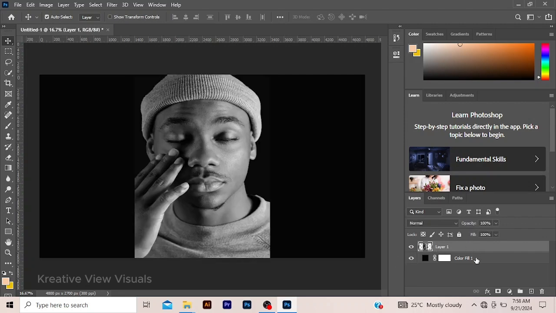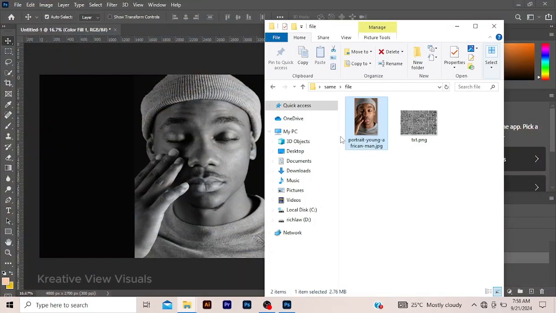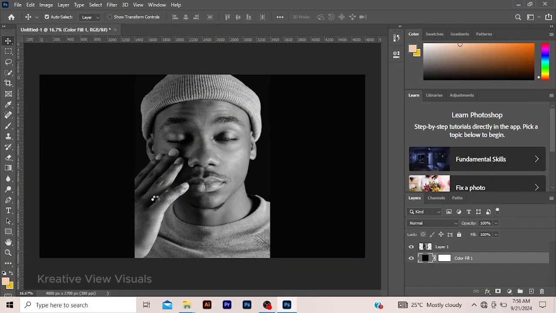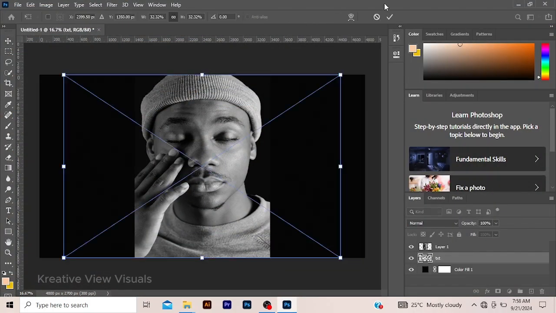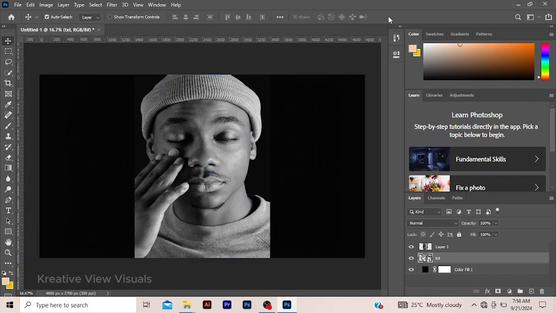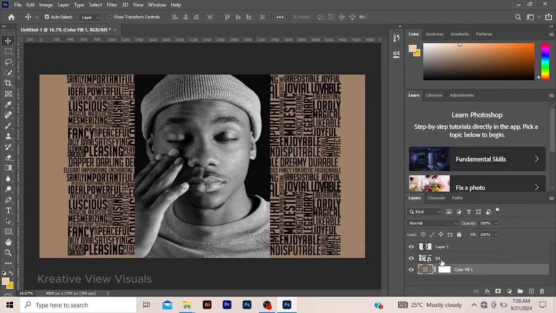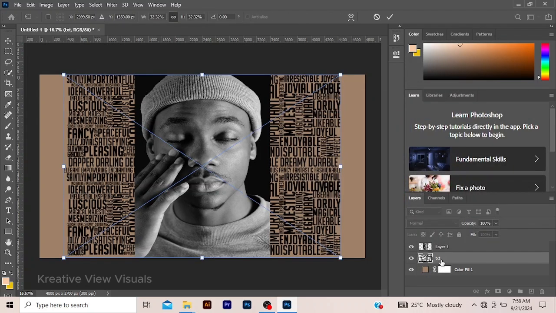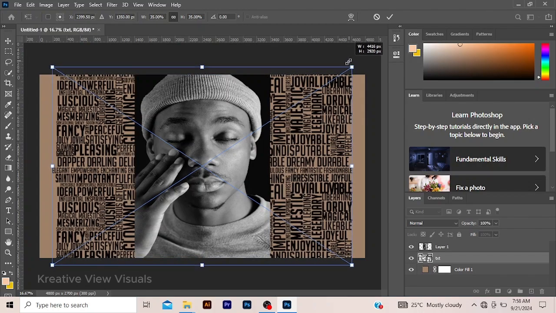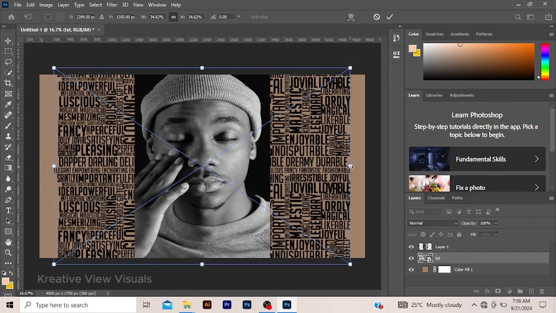Now click on this layer and drag in your text image. Then click on Enter. Now for it to show, we will change the background color to another color for the meantime. Now we go back to our text, Ctrl T to transform, and then hold Alt and drag, fit properly. Now hold Shift and